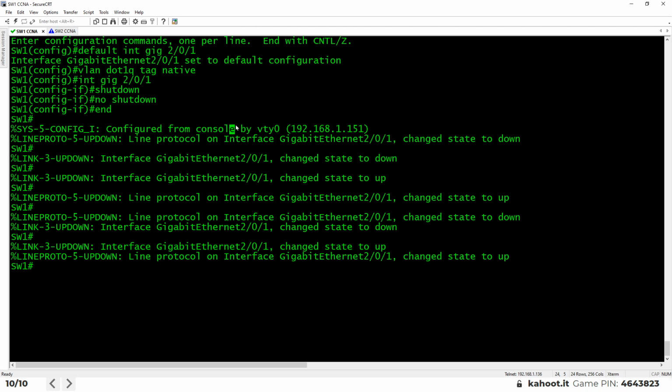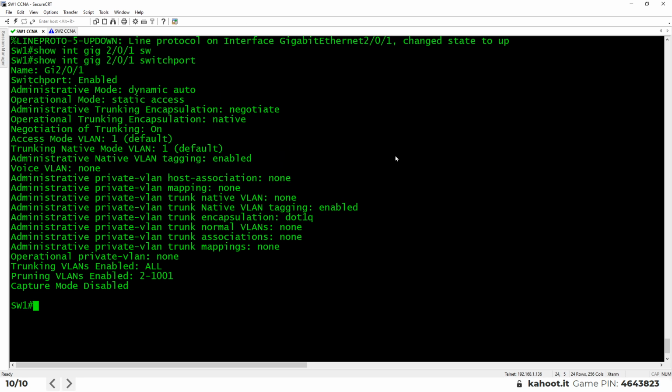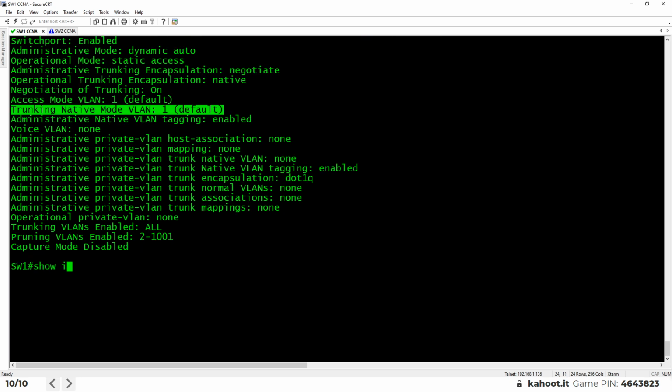So if we take a look at this output now, show interface gig 2/0/1 switchport. And here's the, I'll do a Q to quit. Here's the defaults for it. So it says operational trunking encapsulation native, trunking negotiation is on. But if we did a show interface trunk,